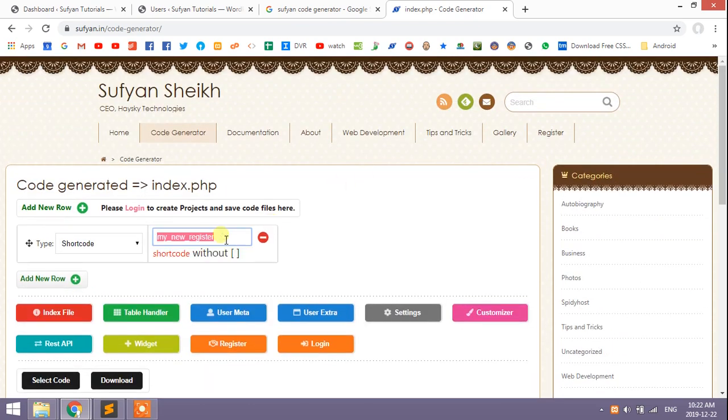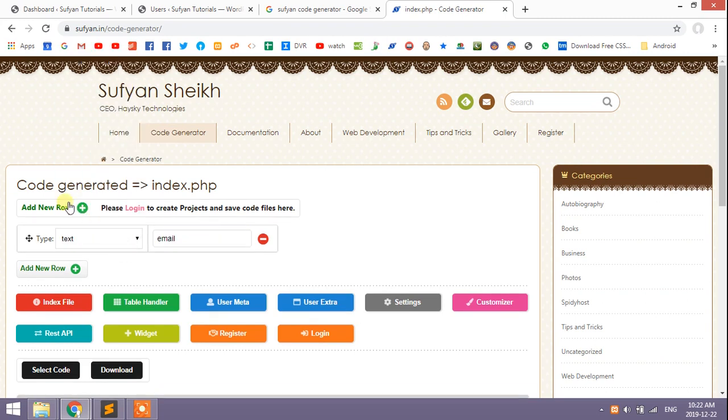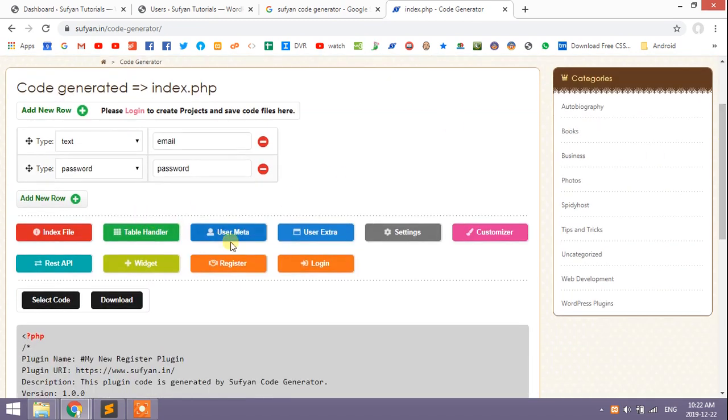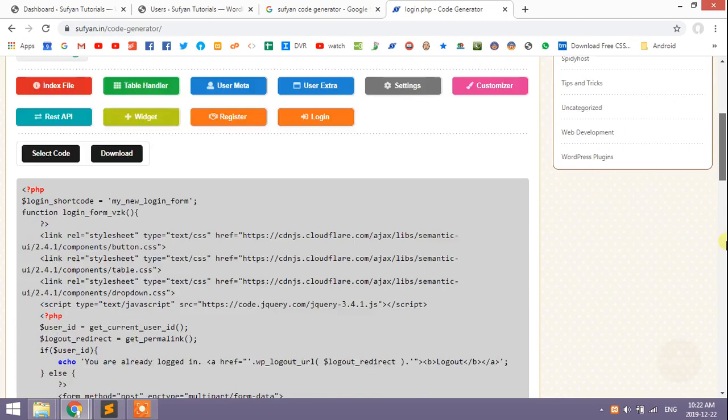For login we should simply use email and password. This is password. Click on login. Now it will generate login.php code.